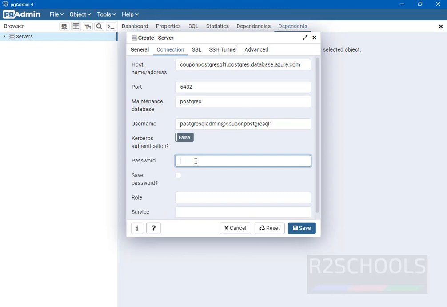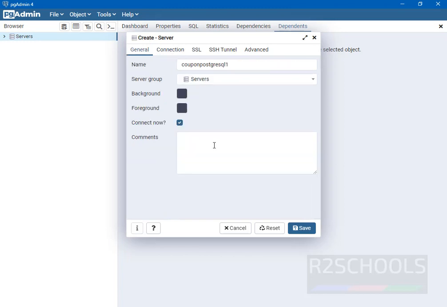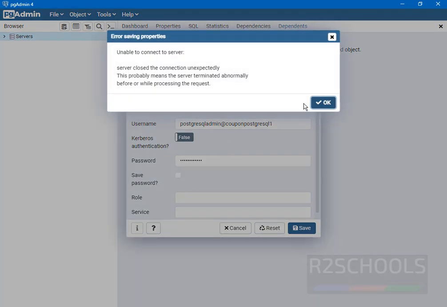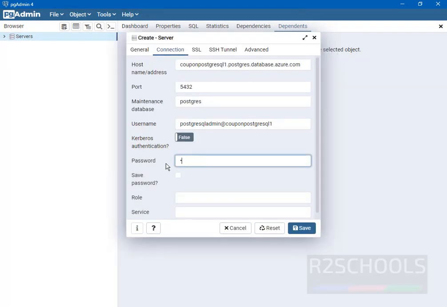Then provide the password. Then click on Save. It will connect to the Azure portal.